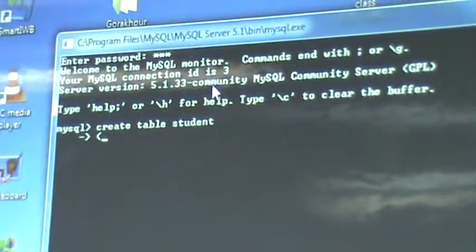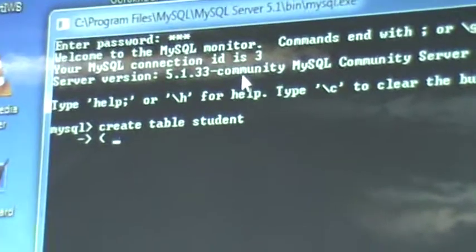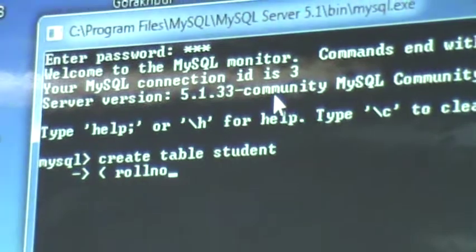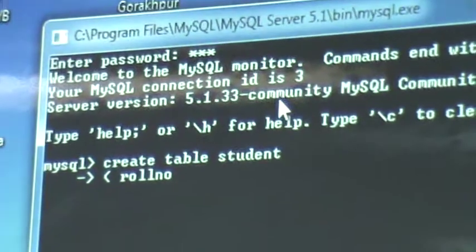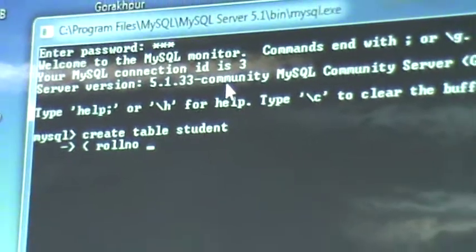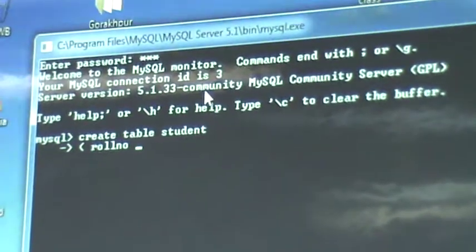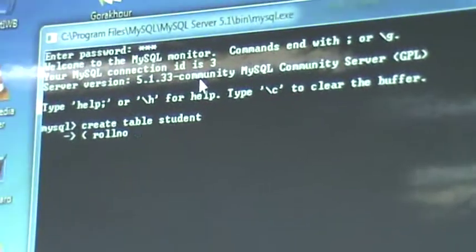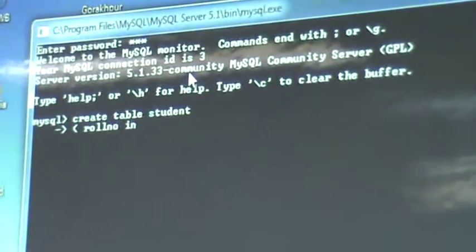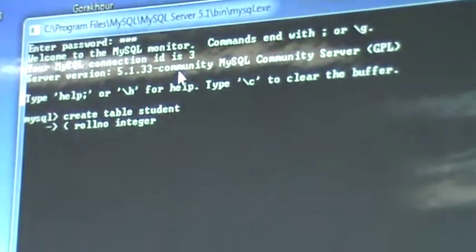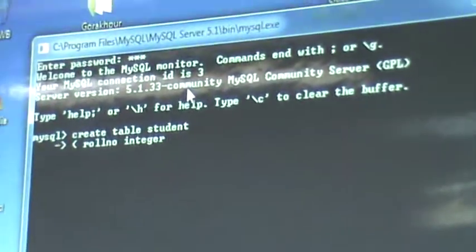Open a bracket. Roll number, ROLL. The type of the column roll number, which we have already discussed, like numeric data type and text type. So here it will be integer, INT, no need to specify the size, comma.